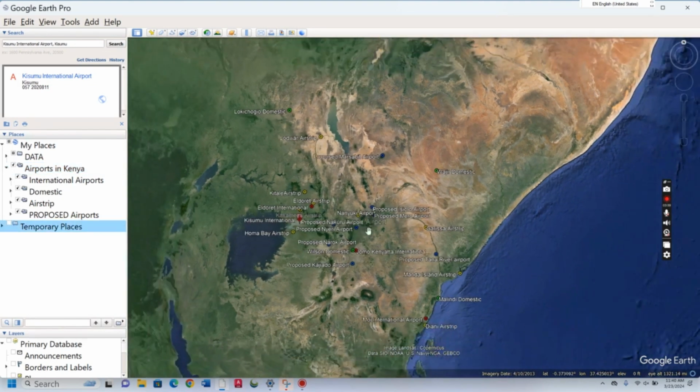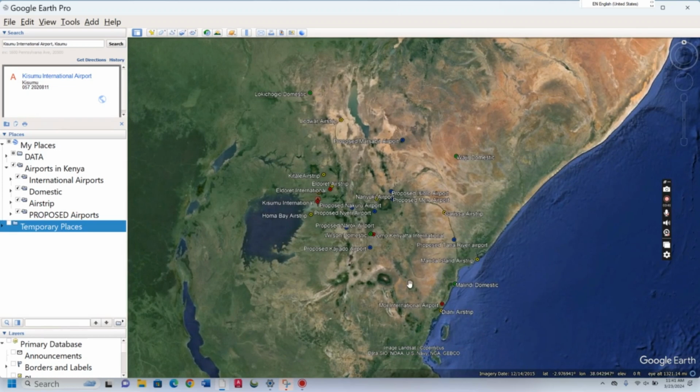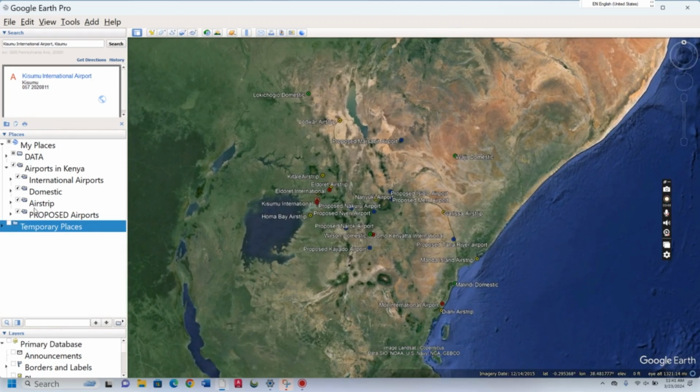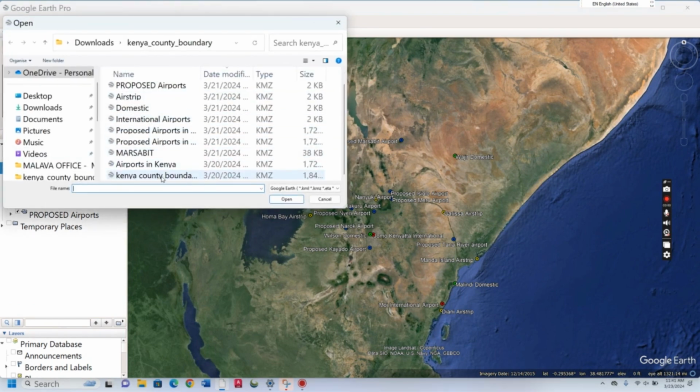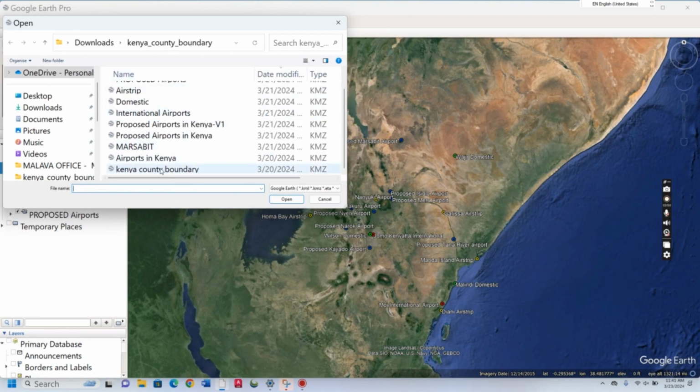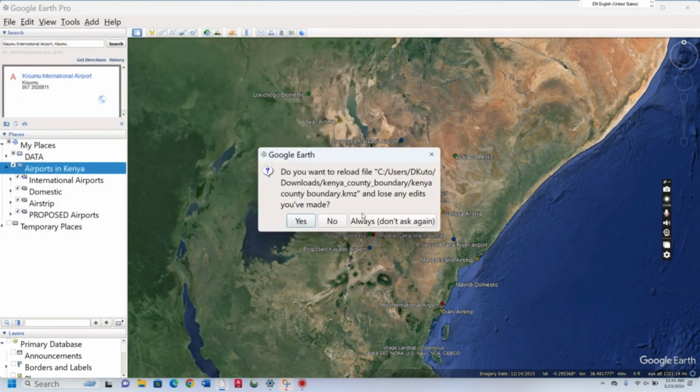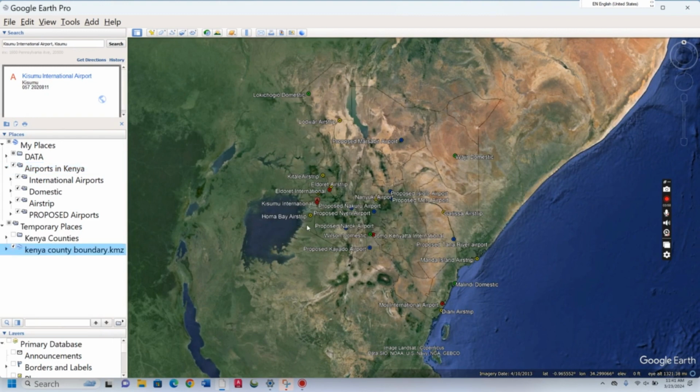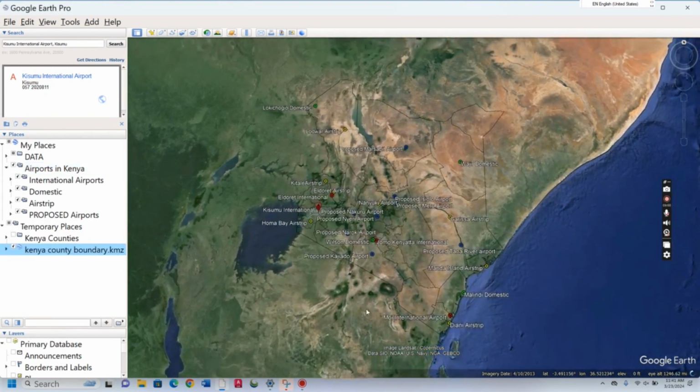As you can see in my downloaded files, I have the Kenya counties shapefile. That is the folder we're going to use. I will open the Kenya County boundaries shapefile that I downloaded. As you can see, our map does not have the demarcations, but once I open it, the demarcations will